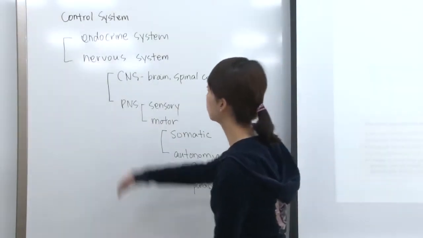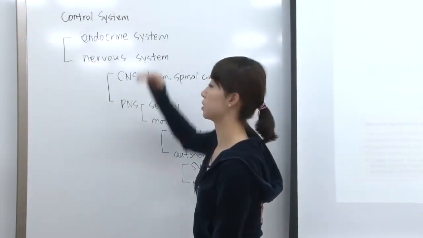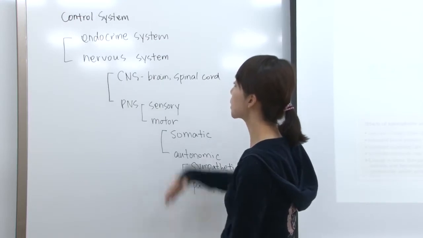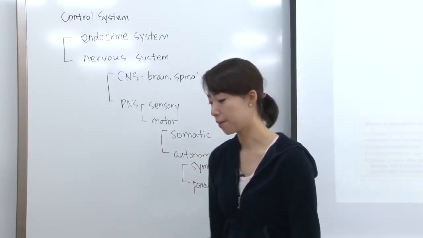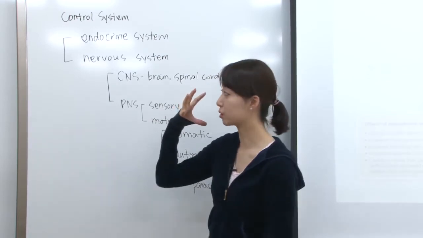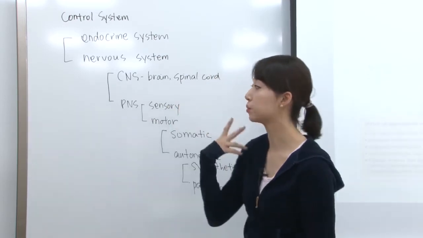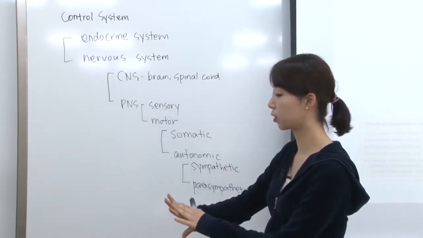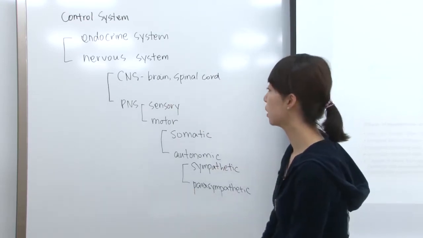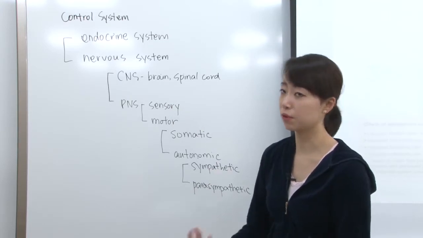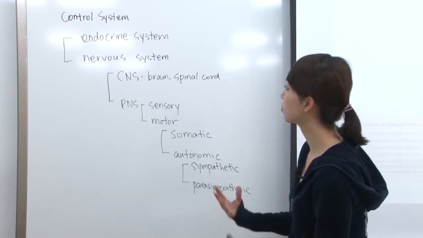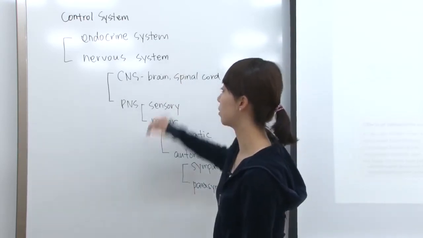All right, so far we talked about the endocrine system, which is one of the control systems in our body. The other control system is the nervous system. So when we have a stimulus, when we think, the brain directs that signal to the nerve ends of our body, and then we move, we think, we feel. That process is due to the nervous system.